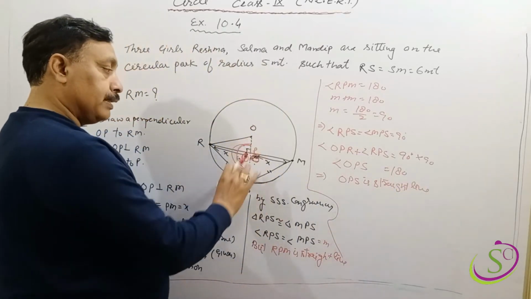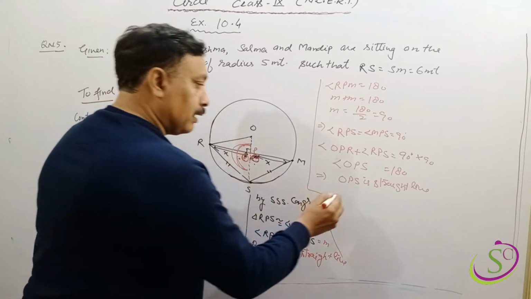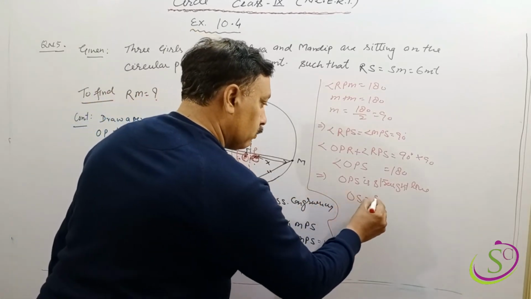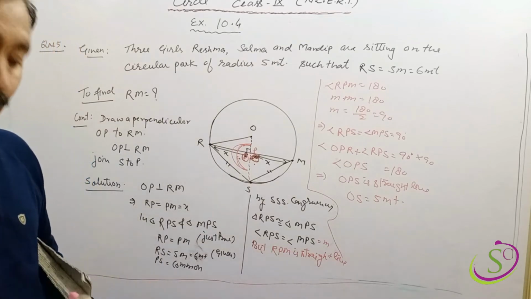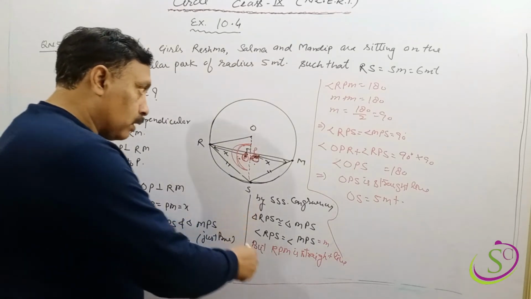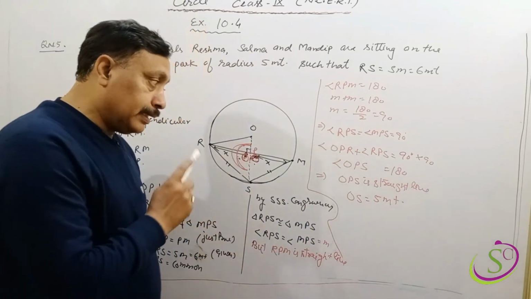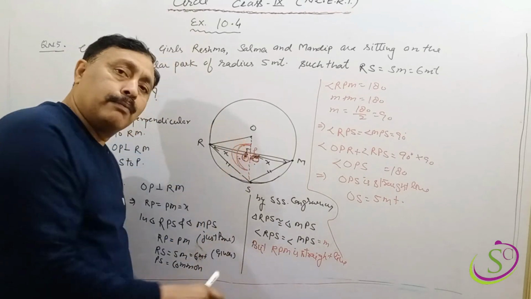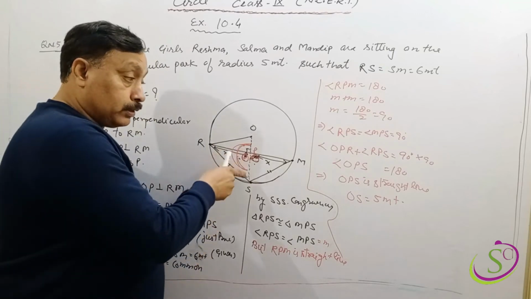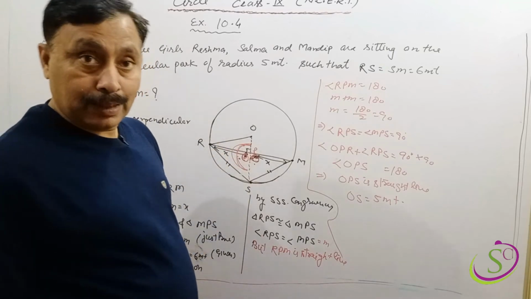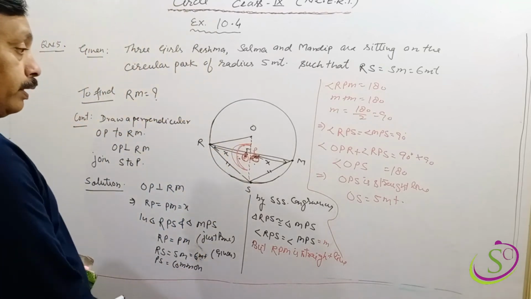OPS straight line means OS is the straight line and OS हाउ मच 5 मीटर। क्लियर। तो डियर हमने ये सब जो कवायद किया है ना केवल इसलिए किया है कि OS को हम स्ट्रेट लाइन कह पाए, अदरवाइज हम OS को स्ट्रेट लाइन नहीं कह पाते।